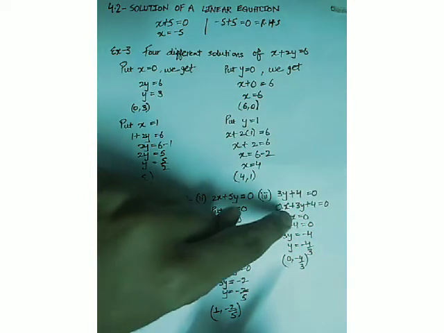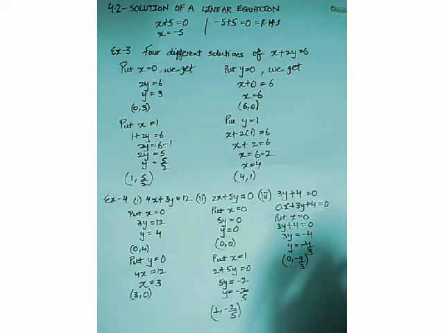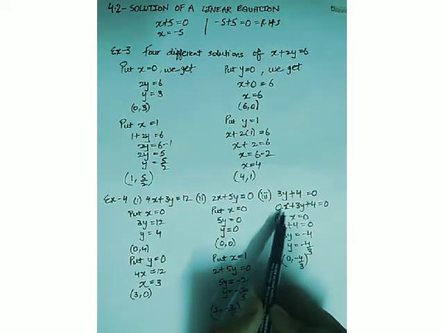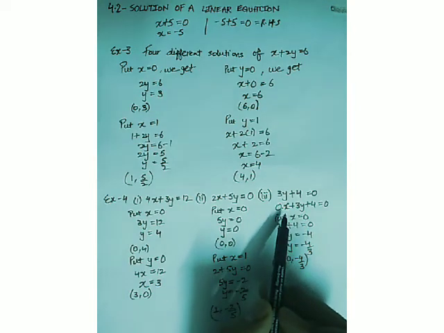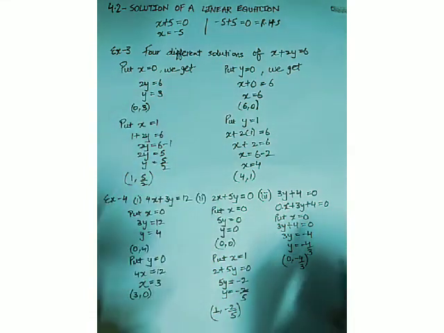You have now put x is equal to 0. You cannot put y is equal to 0 or y is equal to 1 or any value of y, because x is already being multiplied by 0. So whatever you put in the place of y, your x is not going to come. So there will be no value of x if you substitute y with some digit. So we will substitute x only.